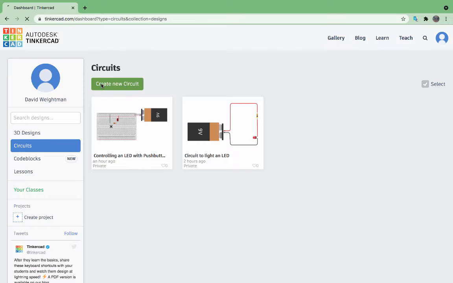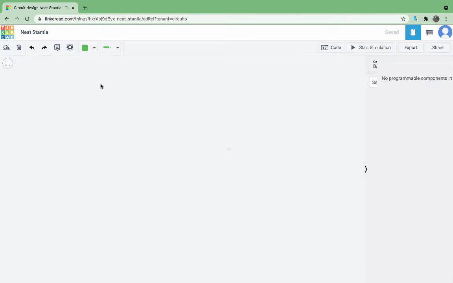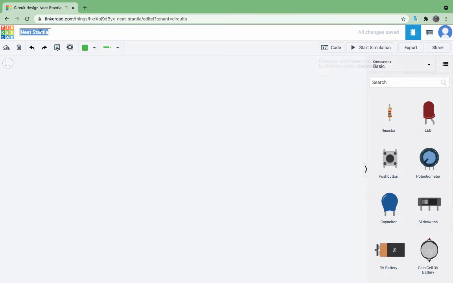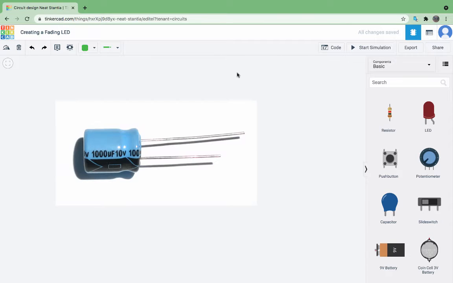Start by creating a new circuit, changing the file name to something meaningful. In this circuit we'll use a capacitor